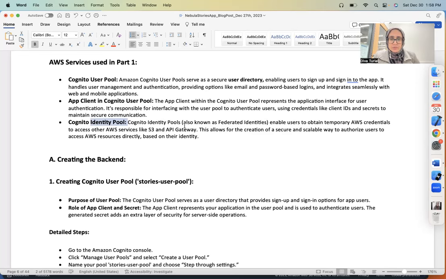The identity pool, also known as federated identities, enables users to obtain temporary AWS credentials to access other AWS services like S3, API Gateway, Route 53, whatever you name it in AWS. This allows for the creation of a secure and scalable way to authorize users to access AWS services directly based on their identity. So let me give you an analogy